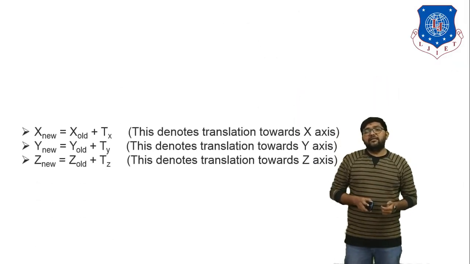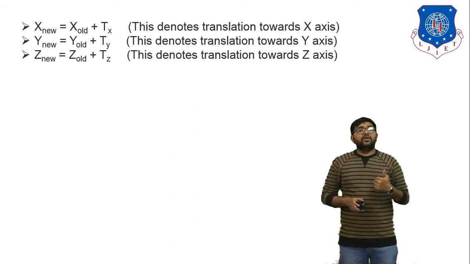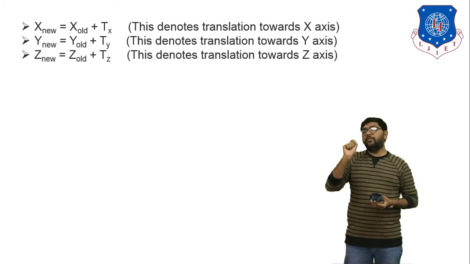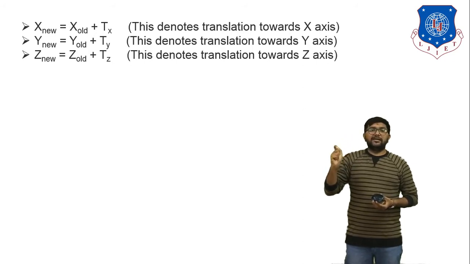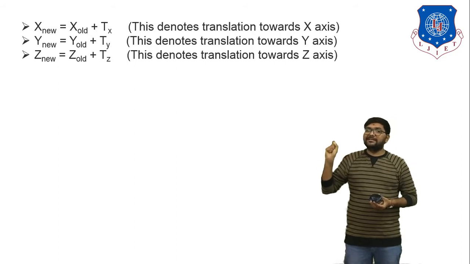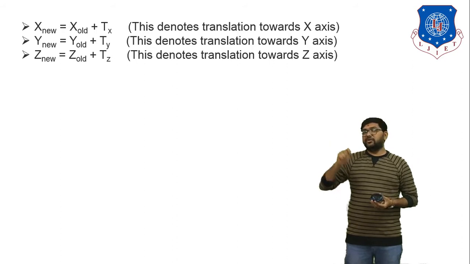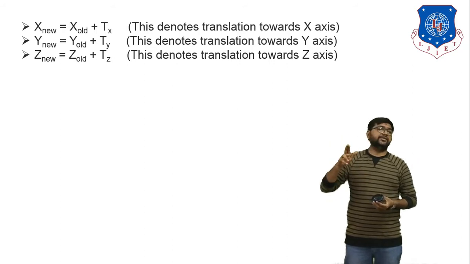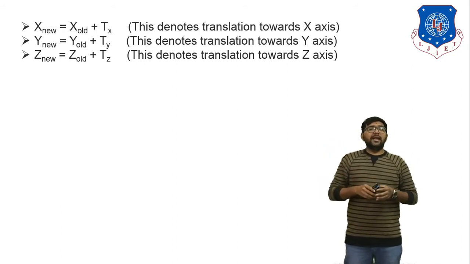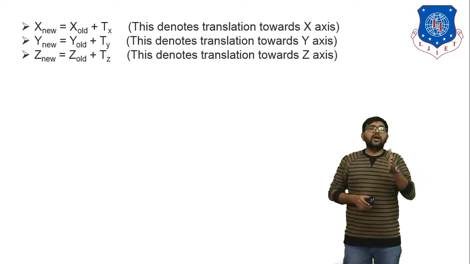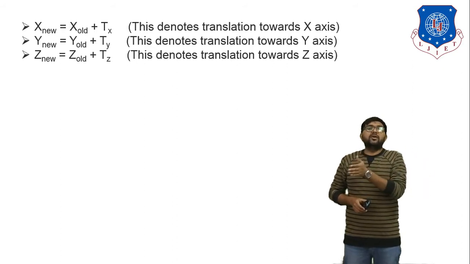Now we have to derive the equation for the translation. Now what is the old point? We have one old point, and its coordinates are: x coordinate, x old, y coordinate, y old, and z coordinate, z old. And in the new point the x coordinate is x new. So what is the relationship between x new and x old? In the x old coordinate you give a translation of tx, that means you have to add the tx value to x old, and you will get the answer of x new.